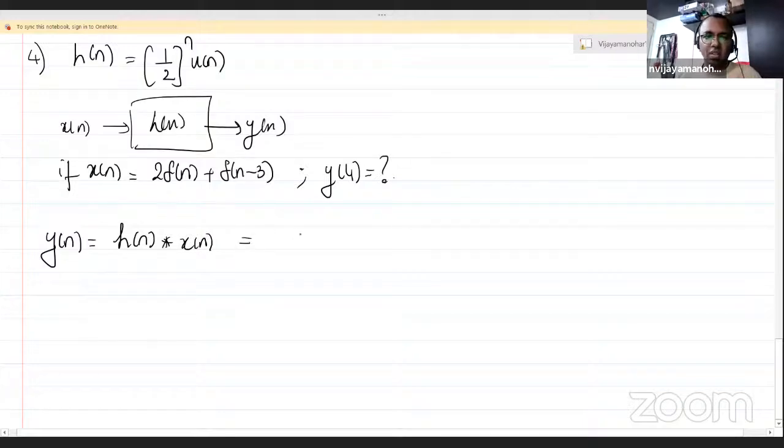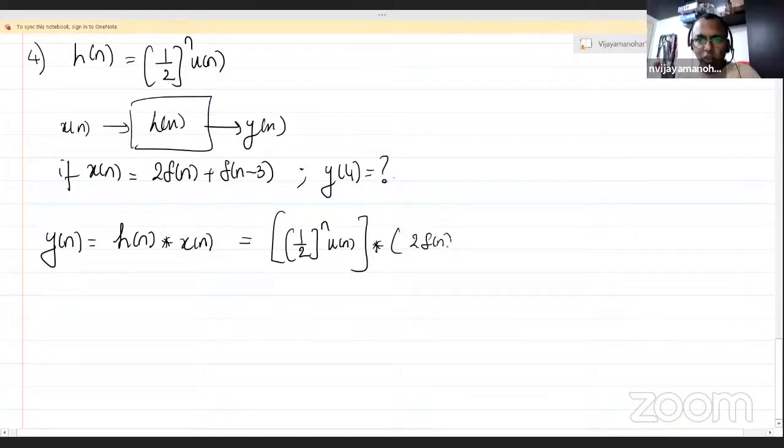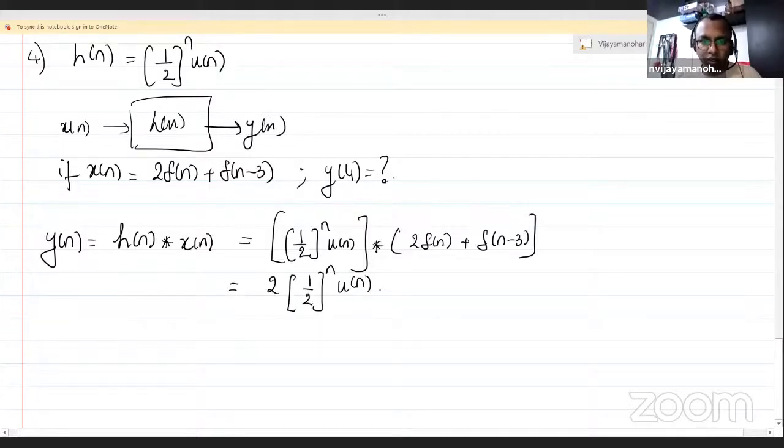So h of n is given. h of n is (1/2)^n u of n, convolved with 2 delta of n plus delta of n minus 3. So we know whenever we are convolving with delta of n, the answer will be the same, because this itself is the impulse response. But we are convolving with 2 delta of n, so the answer will be 2 times (1/2)^n u of n plus